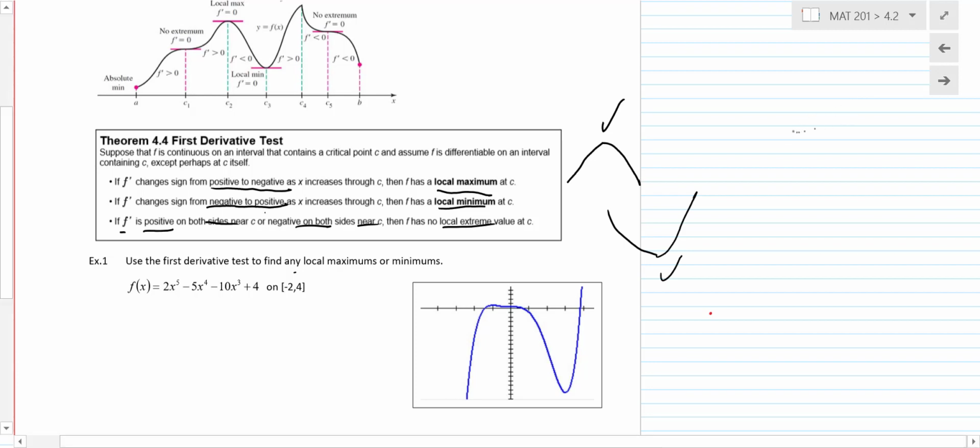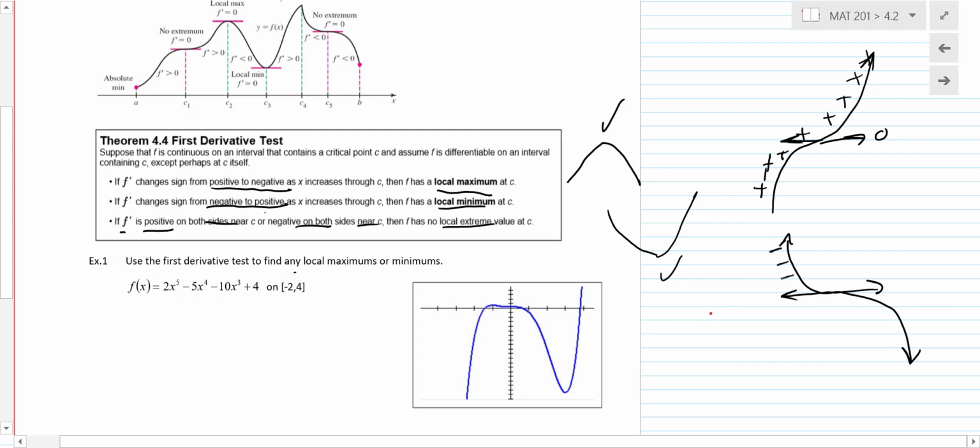Well, let's look at an example. What if you had something like this? You might have a place right there where the derivative is 0, but wouldn't the derivative always be positive on this? Since there's no sign change, that would mean there's no max or min there, okay? Or you could have the opposite case where it's going like this. Well, you might have one critical point right there, but all of these derivatives would be negative, so there's no